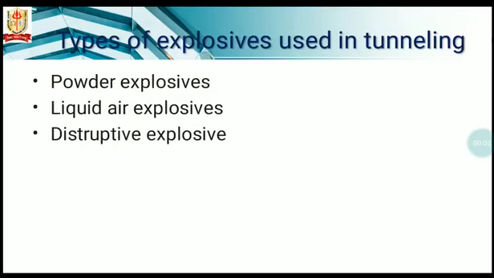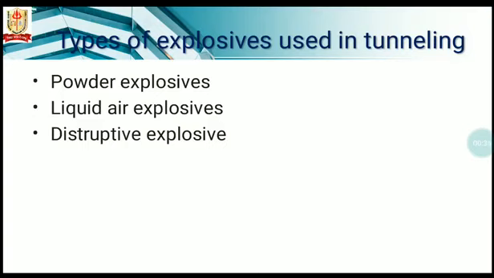Types of explosive used in a tunnel. Blasting is the most important operation of tunneling. For the construction of tunnels, blasting is done to loosen the rocks for easy removal during excavation work. Holes are drilled in the rocks which are required to be blasted. Explosives are placed in these holes drilled for this purpose and then they are exploded for blasting purposes.